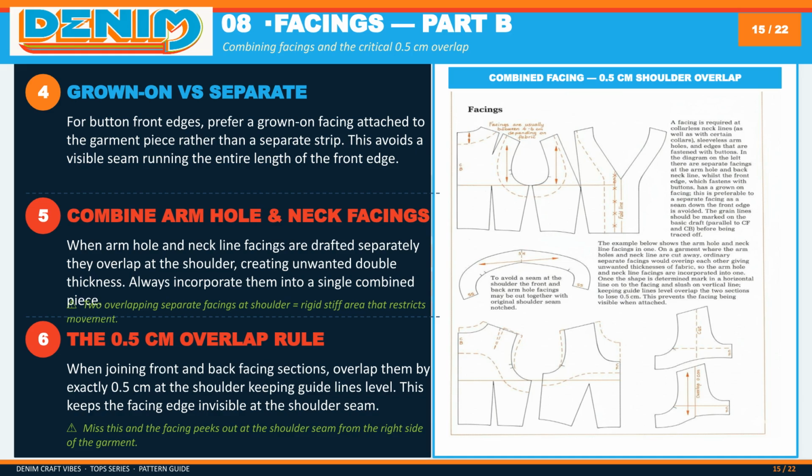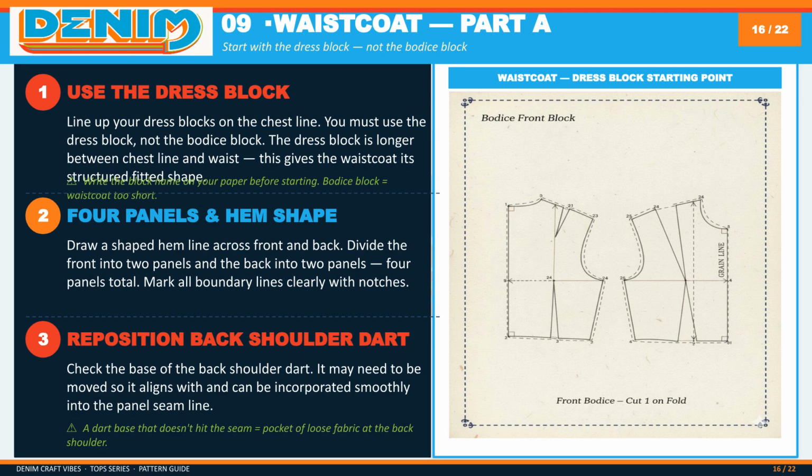Facings create a clean finish on edges that are not turned with a collar or binding. They are commonly used on necklines, sleeveless armholes, and front openings. Before tracing any facing, mark the grain line on the original draft so the facing hangs properly. When neckline and armhole facings meet at the shoulder, combine them where possible to reduce thickness and keep the garment